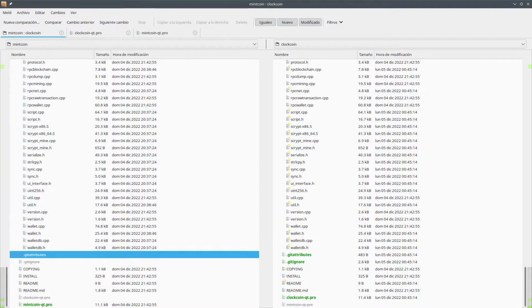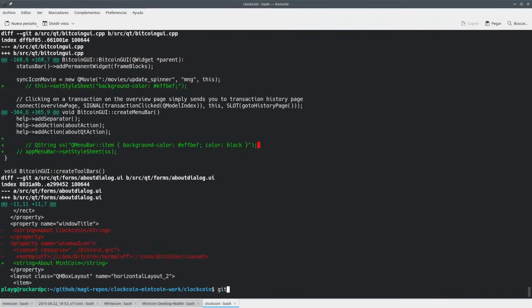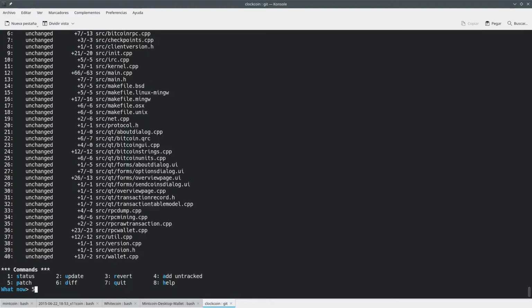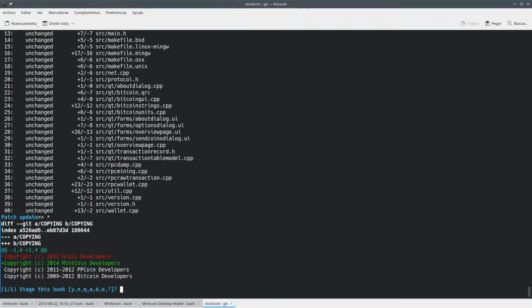Yeah, so let's take a look now. So now we should be able to hit add -1 and just add whatever is related to change. Wait a minute. Grain developers. Look at that. That's why I always said that Clockcoin